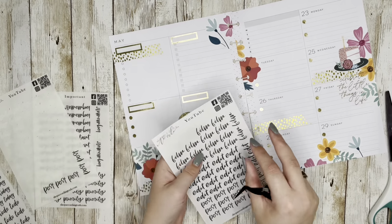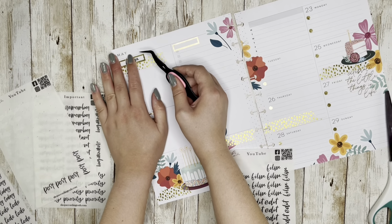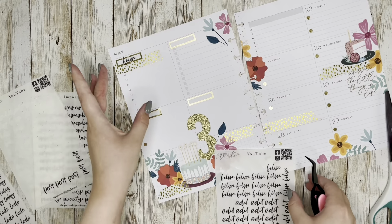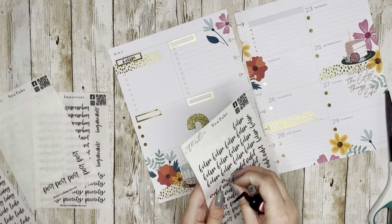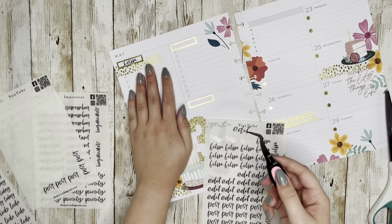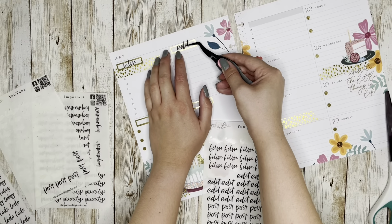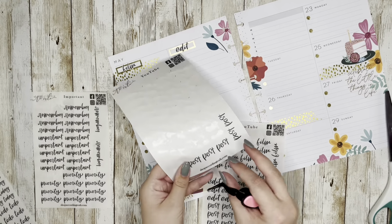Okay, so we've got film, and I'm using the clear ones so that they will go over the gold outlines on these boxes. Unlike when I'm using the black colorful boxes, you can still read the entire word where they intersect the outline of the boxes. The foil looks good underneath the black lettering. I think it's fine. So we've got film, edit,